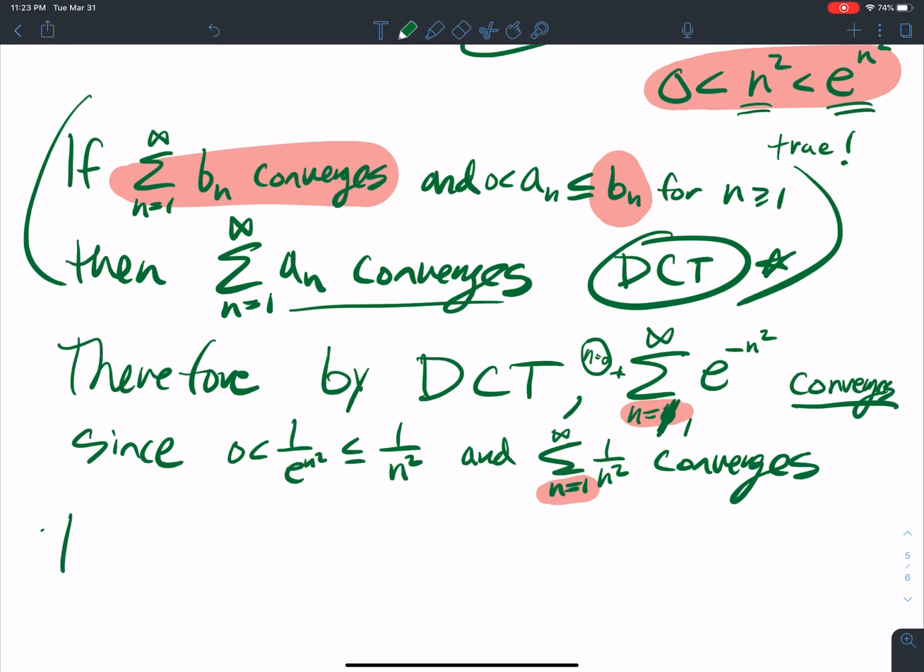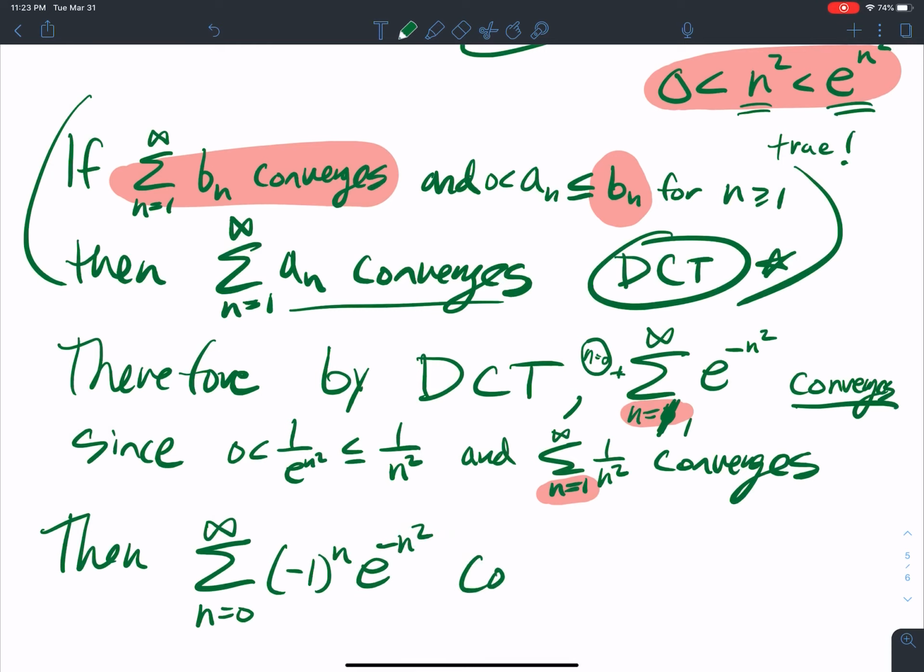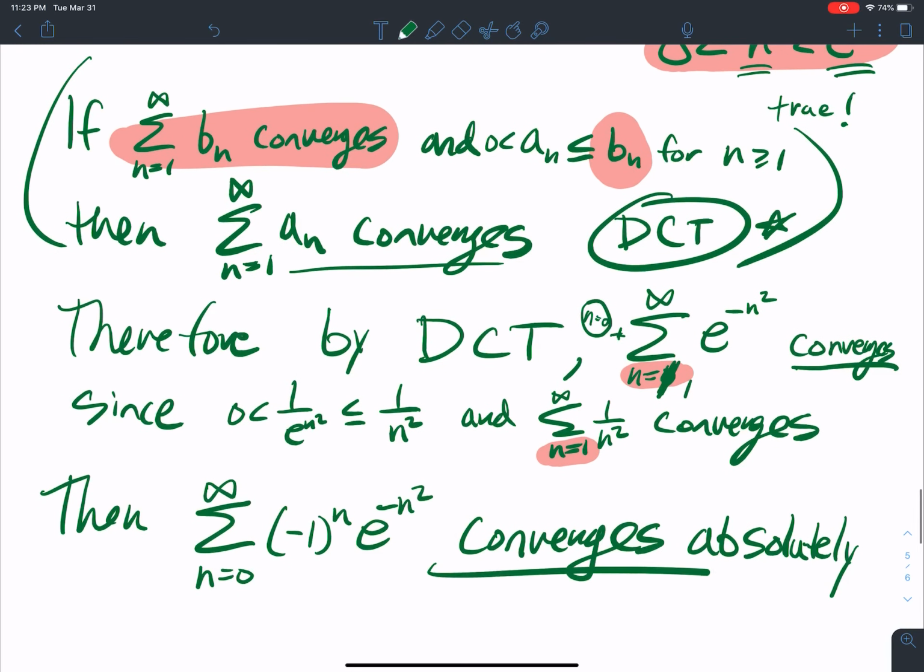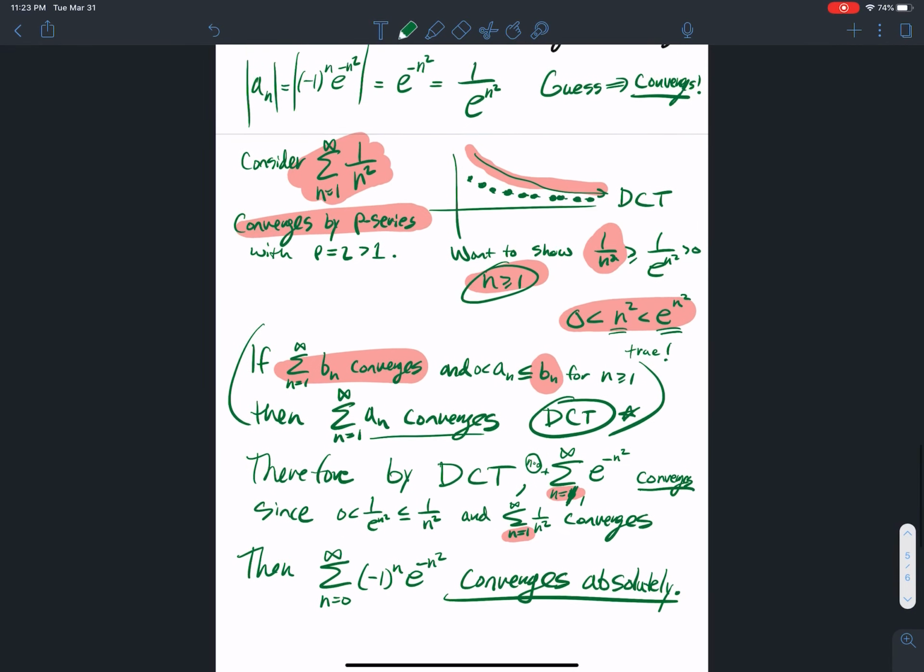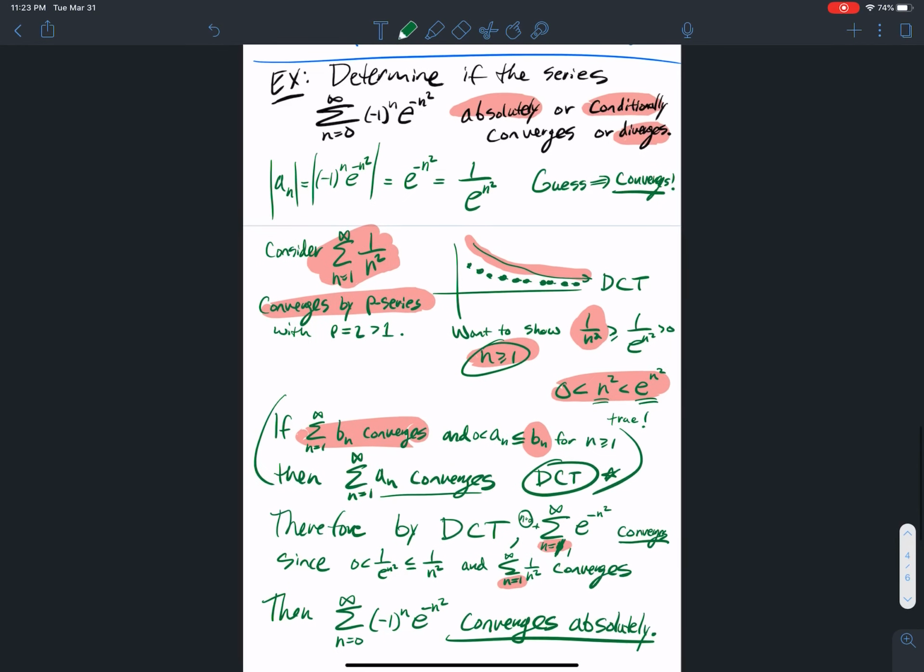Then, what can I say? Then the series n equals 0 to infinity of what we really wanted to show, negative 1 to the n, e to the negative n squared, converges. But it doesn't just converge conditionally, it converges absolutely, since the absolute value of the individual terms' series converges. Okay? So very, very powerful there. So that gives you a bird's eye view of that whole problem. All right, guys, that sums up